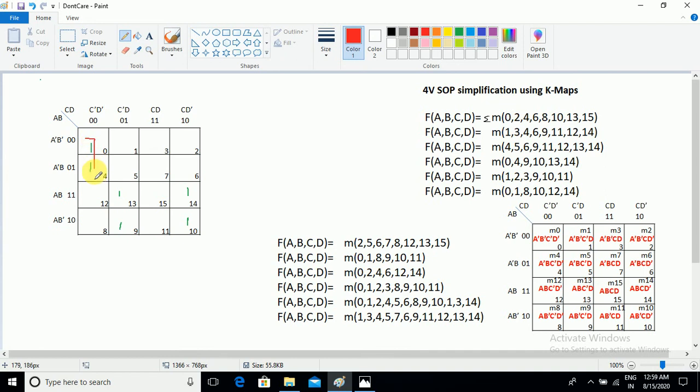there is no alternate for this one, only 2 cells are selected as a group. And next come to this one, no alternate for this group also. Then come to this one, no alternate, all are become a 2 cell grouping, okay. Now in case of 14, in case of 12 and 8 are going to be selected, then we can able to take as a 12 to 14, 8 to 10, we can able to create the 4 cell grouping, but they are not selected. So this is the answer for that question.